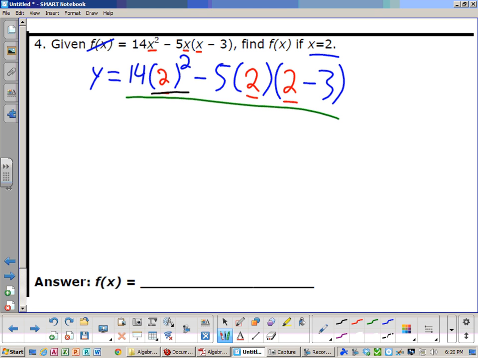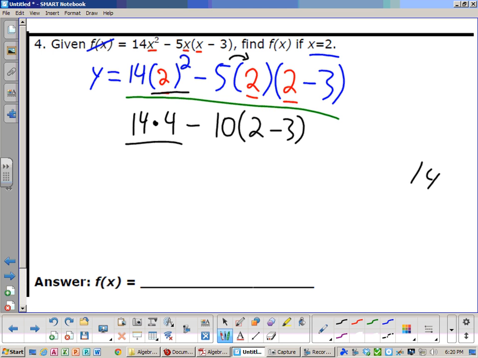2 squared is 4, so I got 14 times 4. On this side, let's see, I got 5 times 2. 5 times 2 is 10. So now we have the 14 times 4. Oh, goodness gracious. 14 times 4 is, that's 16. This times that is 4, 56. Okay, so 56, I hope. Yeah, sure. Minus